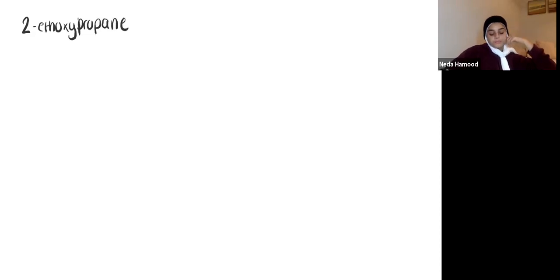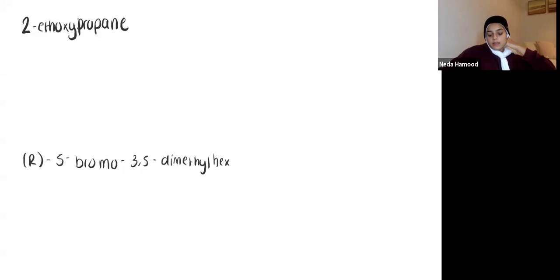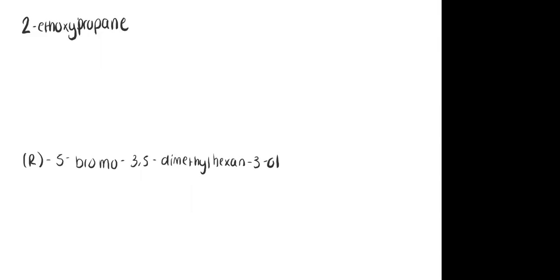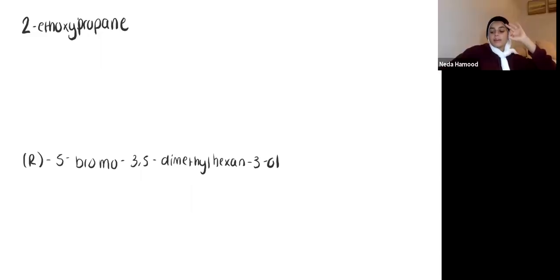And then let's do R5. I guess this is more of a chapter 9 thing, but I'll write out the question and see if you guys actually want to do it. If not, I'll just give you guys the answer. Dimethyl hexane 3-ol. So if we have 2-ethoxypropane, do you guys know how many carbons are in propane? 3. Yeah, so it's gonna be 3, and the way I remember that,